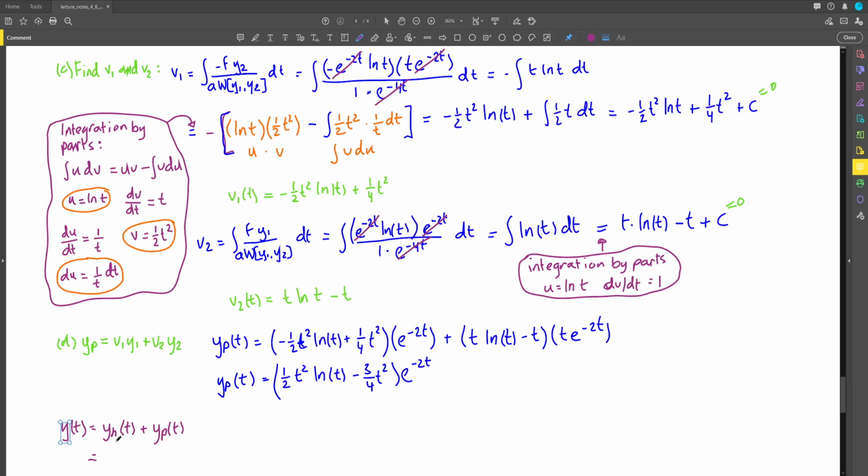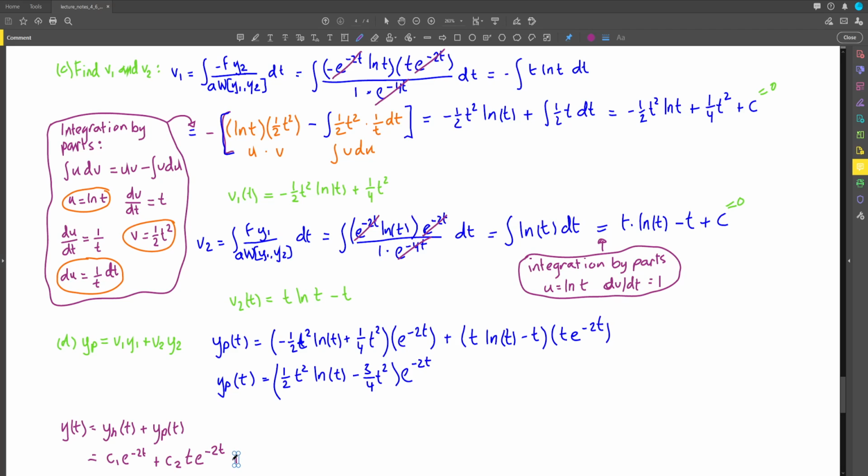And the homogeneous equation, the solution is c1 times y1, and y1 is this one right here, so that's e to the power negative 2t, plus c2 times y2, which is this one here, so that's c2 times t times e to the power negative 2t,